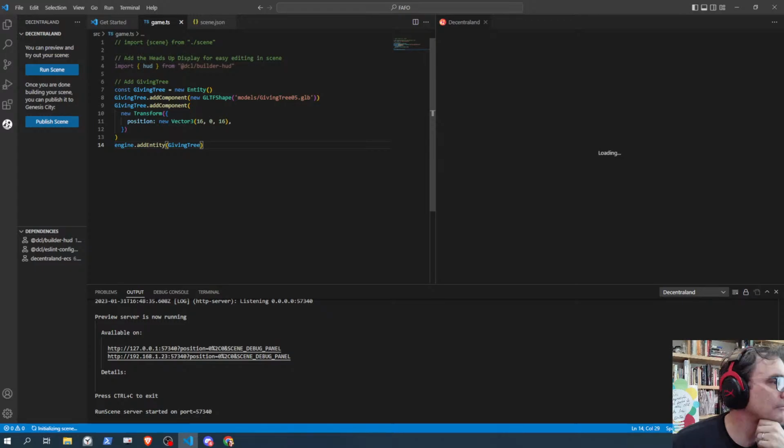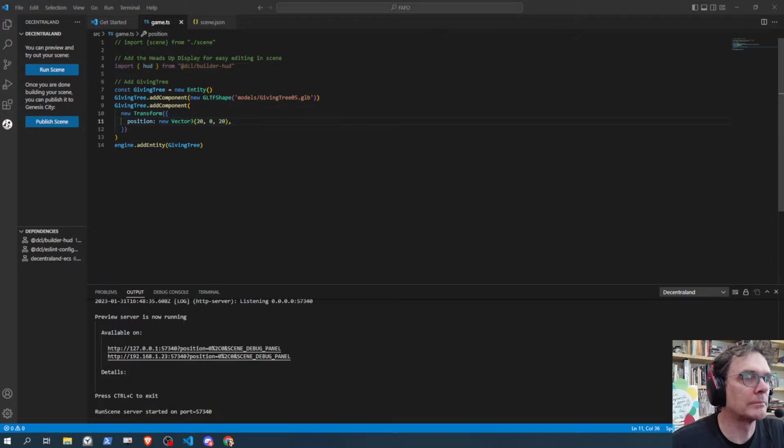Sometimes I'll even have to close out Visual Studio Code altogether, reload everything, and run the scene again. It's a finicky beast. I forgot I was in Decentraland, and I thought everything would just look like A to B with no C, D, and F in between. So there's at least 13 stops.